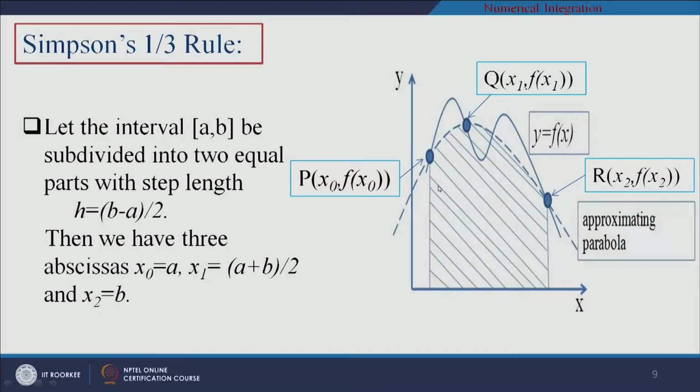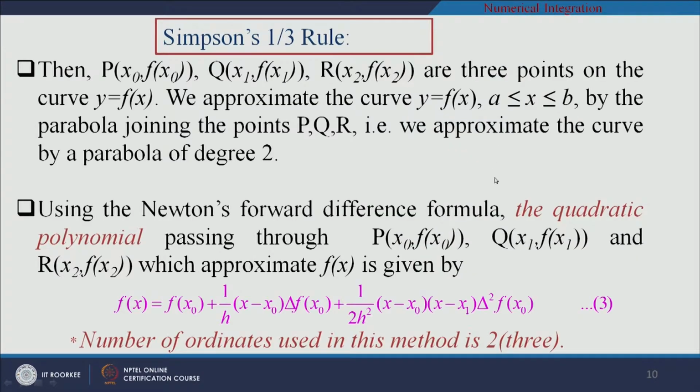If you see in this slide, you can find that this parabolic section is approximating the area bounded by the x axis and the curve. If you consider these points, x0 and f of x0 is the first point and x2, f of x2 is the last point, then the middle point is denoted as x1, f of x1. This means that we are approximating the 3 points of the curve y equals f of x by a parabola joining these points p, q, r, and this parabola